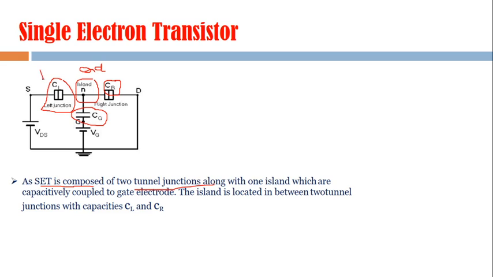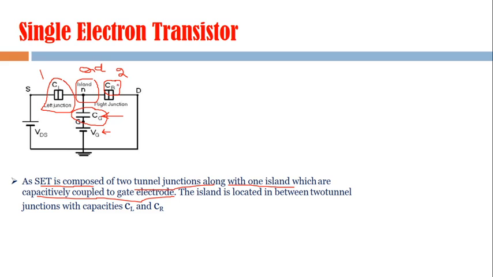This is one junction, this is the second quantum tunnel junction, along with one island, which is capacitively coupled to the gate electrode. This capacitance is shown here and the gate voltage is shown here. This is the gate voltage, and this is the gate capacitance. So this island